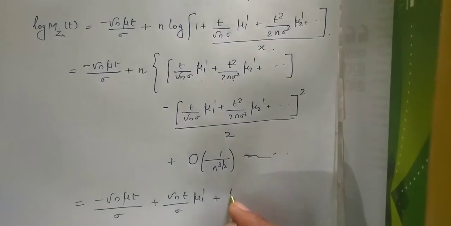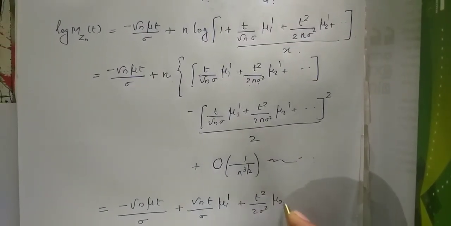This n will cancel, then t square by 2 sigma square into mu2 dash